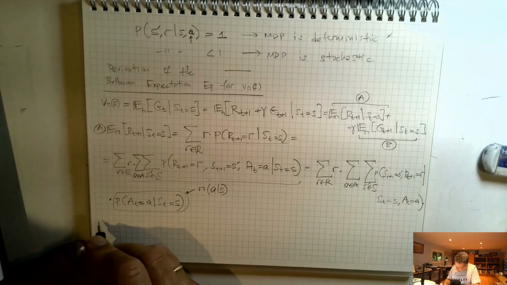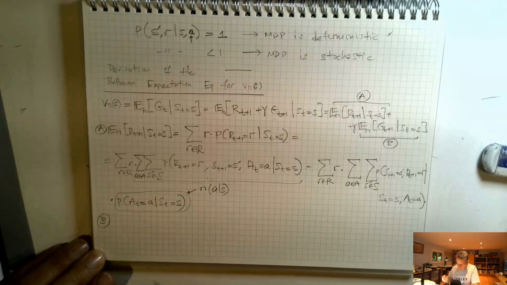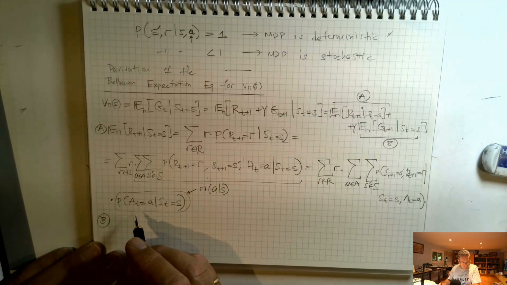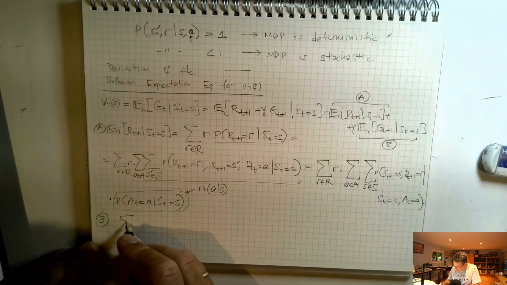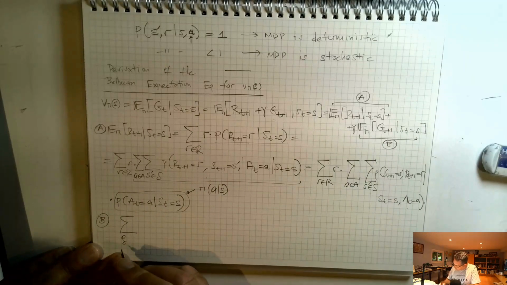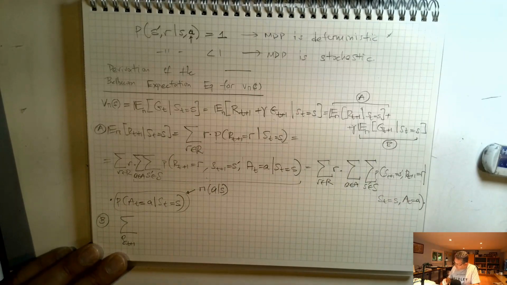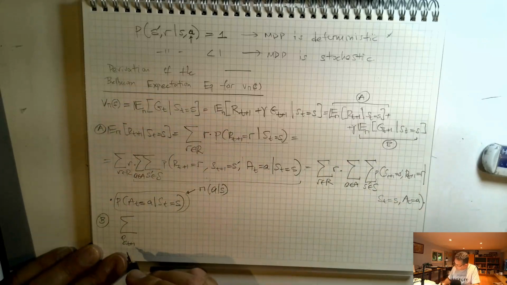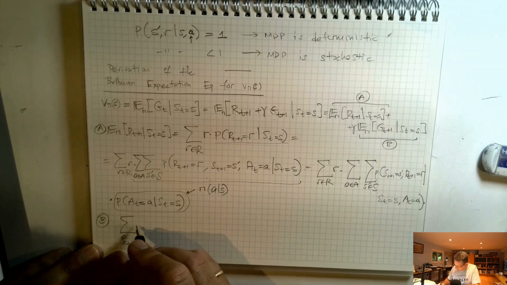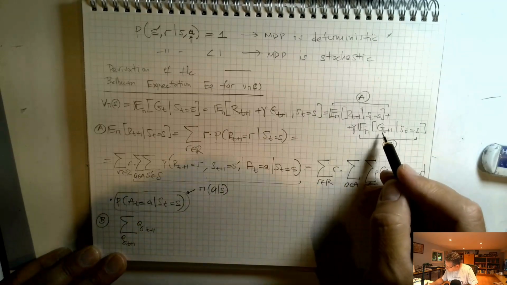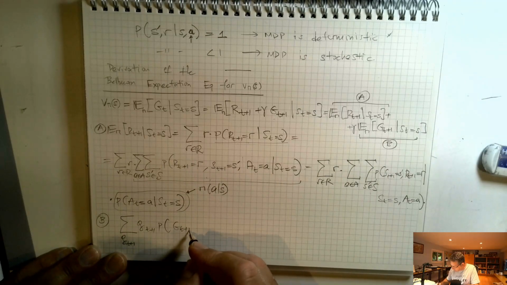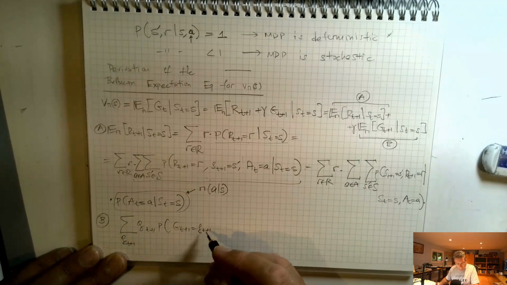All right, so now we have B. By definition of the expectation operation, over G_{t+1}, the future return in the next time, G_{t+1} is a random variable, times the probability of G_{t+1} is equal to G_{t+1}